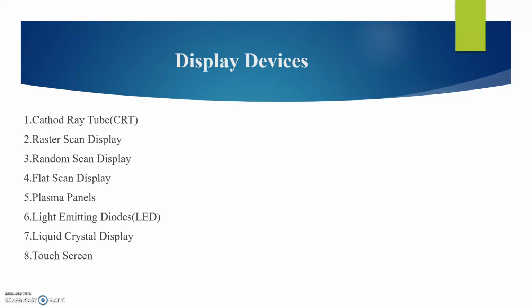Display devices. A display device is a device used for presentation of information such as an image or text for visual purpose, that is, to display information. The purpose of a display device is to convert electrical signals into visible images, that is, to display pictures. The most commonly used display device is the video monitor, which is based on the standard cathode ray tube.